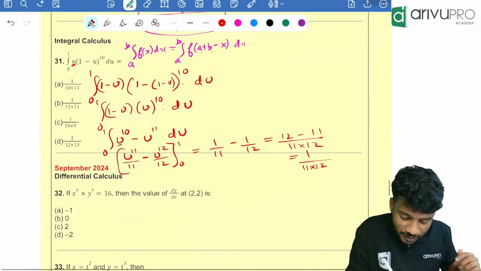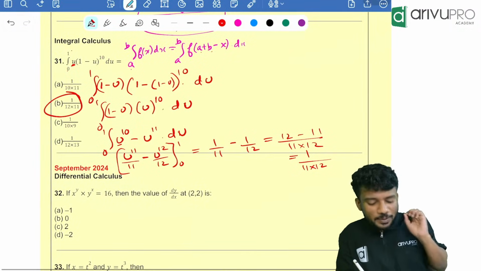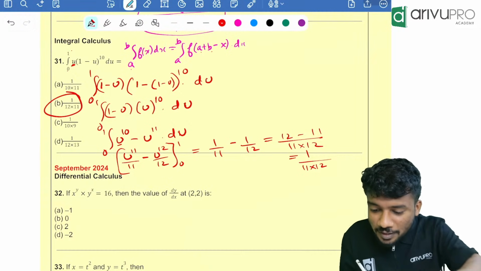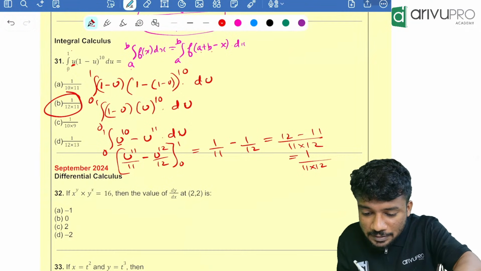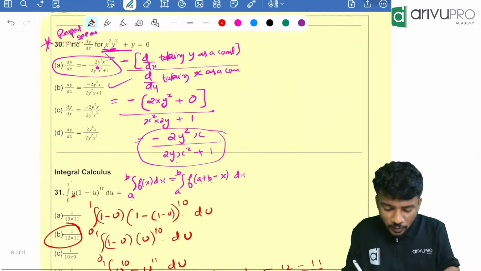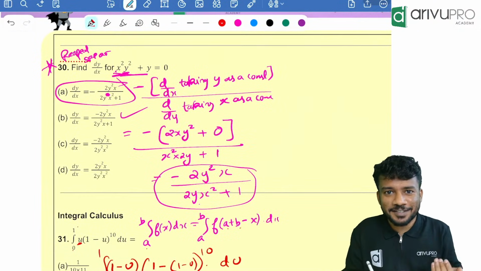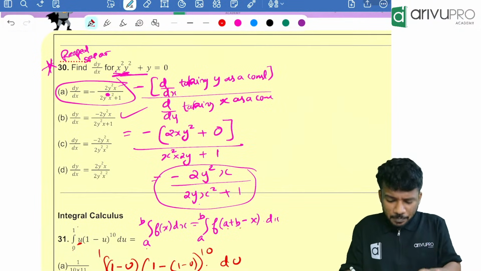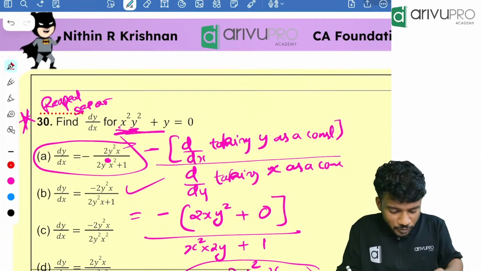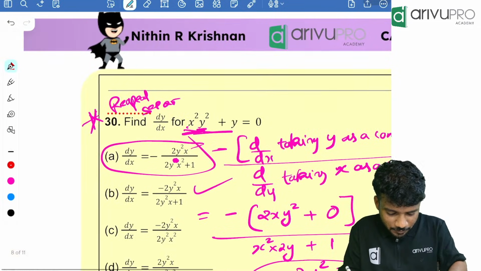Which option is the right answer? 1 divided by 11 into 12. Option B is the answer. So why are we putting a minus sign before, sir? That is a shortcut. That's why we are using that. In the shortcut, actually what happens is, I'll tell you. In this type of question,